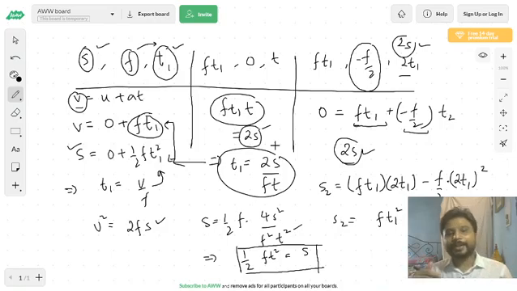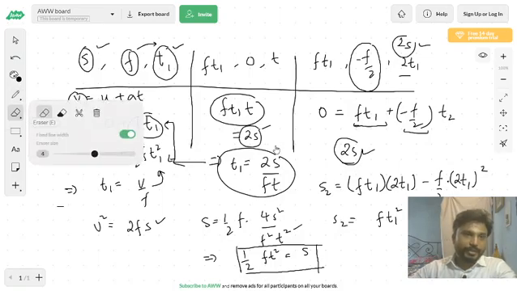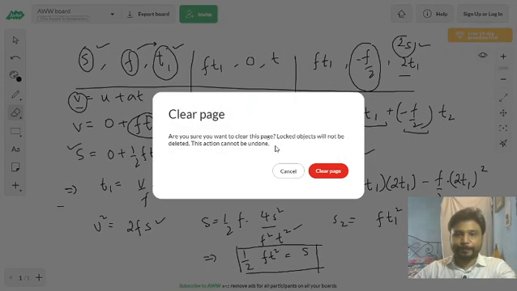So we did that by using t1 from the first expression and putting it in the second expression, and then it gave us this one, half ft square is equal to s. So you would get this by calculation. Now for the second idea,